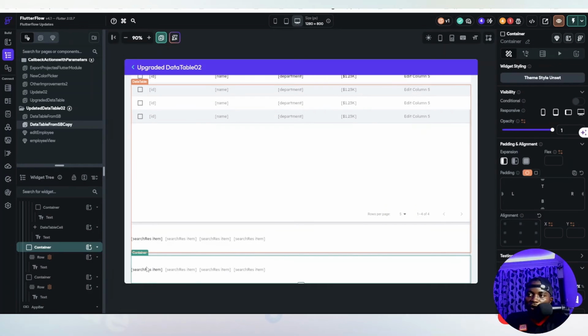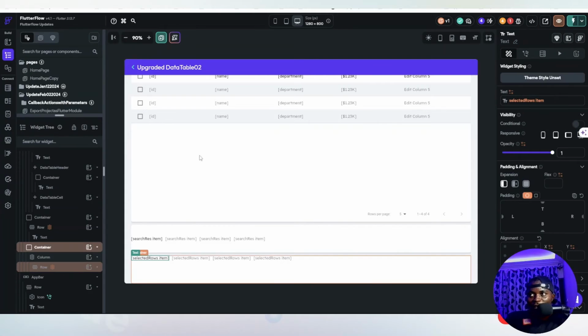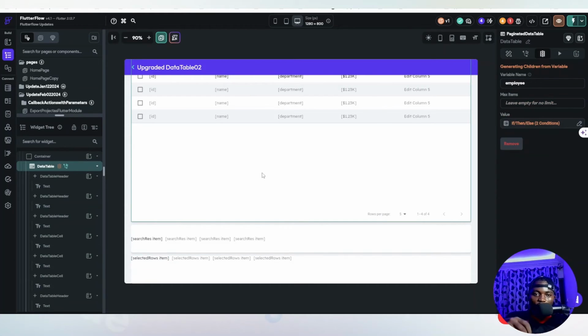The above one is the one that shows the search result, and this one below should be showing the list of selected rows. Okay, now for the rows that have been selected, by default the data table has a property that holds the indices of the rows that are being selected. So to actually make that visible,